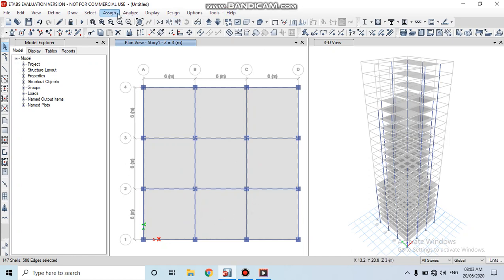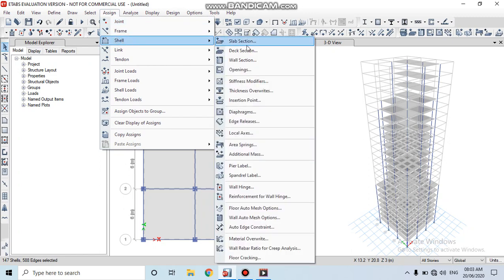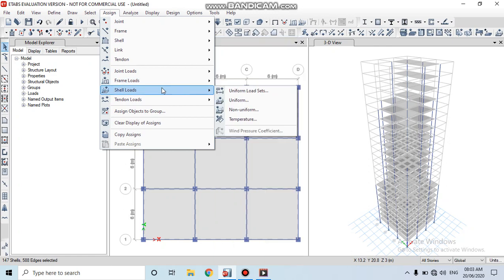Then go to the assign, go to the shell, then click on uniform. Shell loads, and click on uniform.